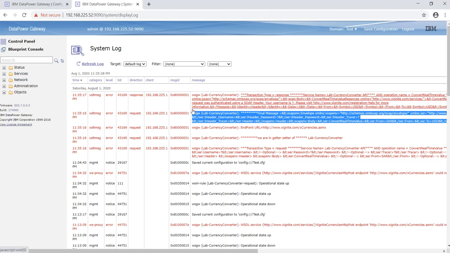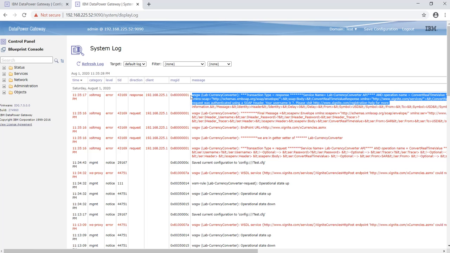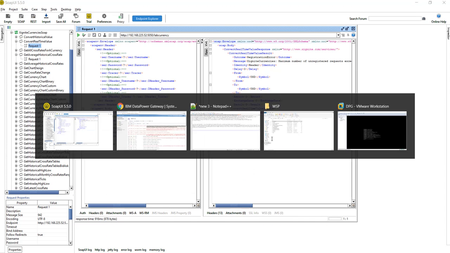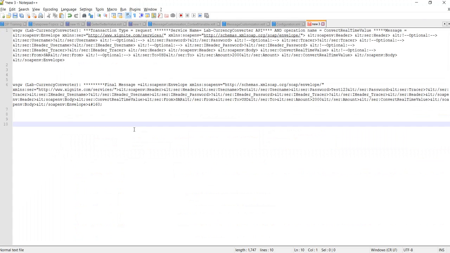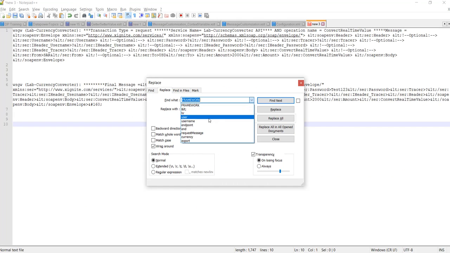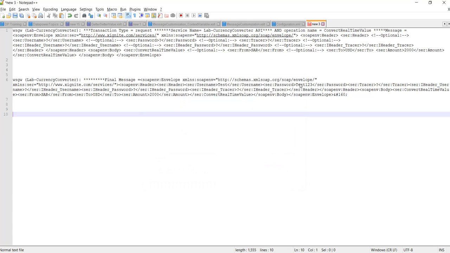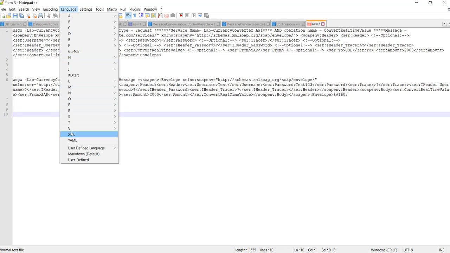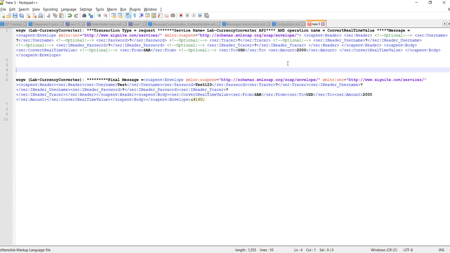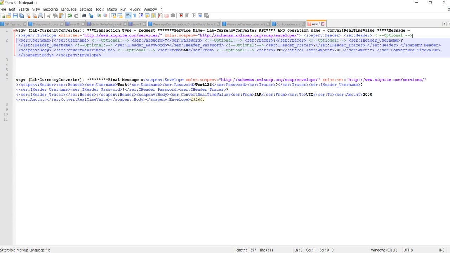And the response, no need to see the response because we can see the response in our SOAP UI. So this will be the same response, so no need to see that. Let's see the language. See here the username is blank. If you look at this one, the username is the placeholder, the question mark, and the password is the question mark.